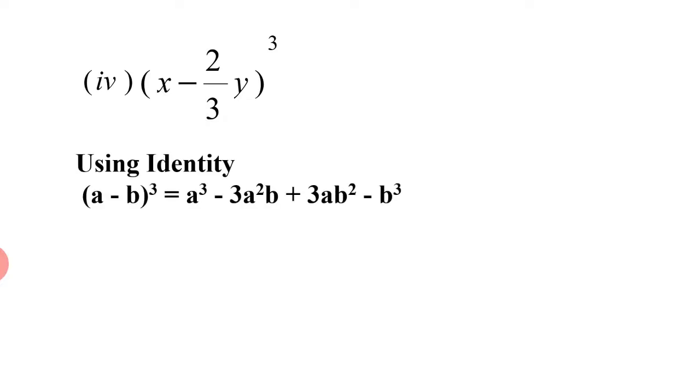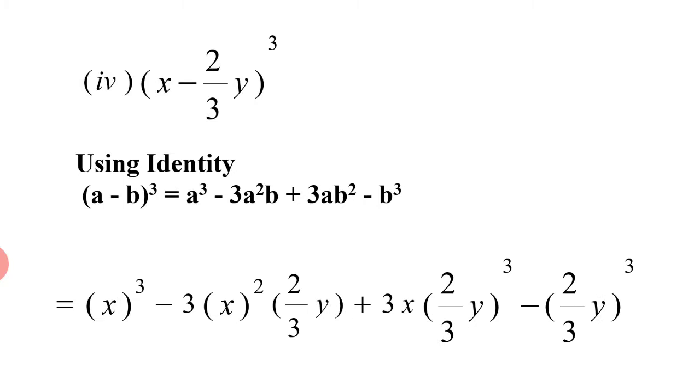Now the next is (x minus 2 by 3 y) whole cube. Is it okay? Again, which identity we are going to use here? (a minus b) whole cube. So a cube minus 3a square b plus 3ab square minus b cube. Is it okay? Now not this one, you can take any other form because we have written three forms for these identities, (a plus b) whole cube and (a minus b) whole cube. You can take any form and get the value. Value will be same, only order of terms will be different. Now a here is x and b here is 2 by 3 y. Is it okay? So put the values.